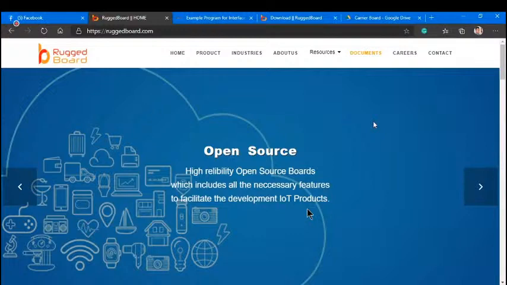So which is not open source, basically, or not directly open source. But this Rugged Board is a fully made in India platform, where starting from the design component, everything has been done, manufactured, assembled in India. That too in the Bangalore region. So that's why we had to make it a separate entity, as an open source initiative, especially to help the Indian scenarios, Indian customers.